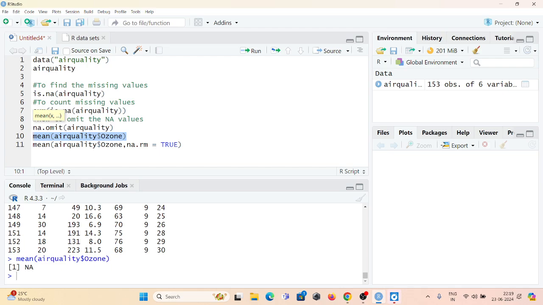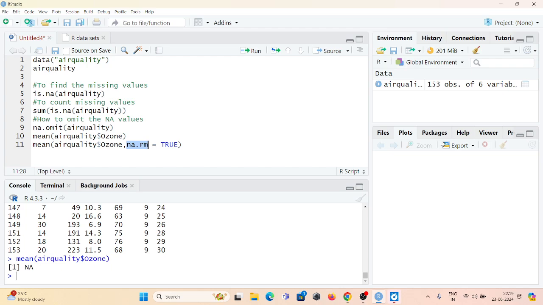So if I want to perform various operations on the values present in a variable, we should first check that the variable shouldn't contain any NA values. Otherwise, we won't get our proper result. So we have to remove those NA values. How can we remove them? Using a parameter that is na.rm, that means remove the NA values.